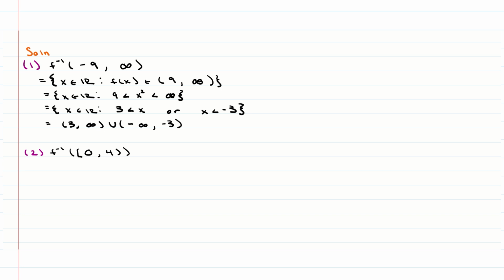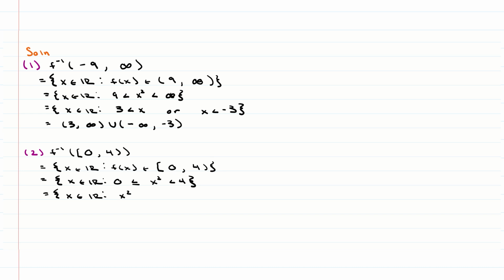Now in our second example, we're being asked to find the preimage of the set with domain 0 to 4. And again, the first step is to define the function as an element of this set. Now we know that f of x equals x squared, so we'll just plug that in here. So at this point we see that x squared is greater than or equal to 0 and x squared is less than 4. All of that can be simplified down to